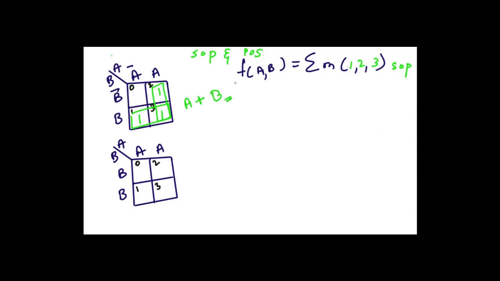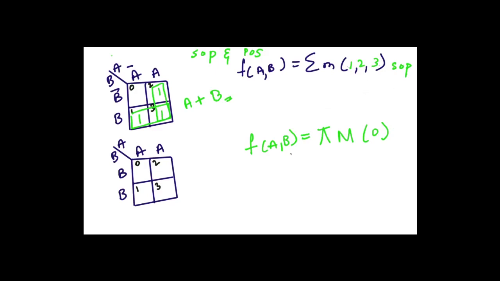So I just took this same example to solve POS. To solve POS, generally the question would be in the form of a function of two variables a comma b equal to product of max terms. Capital M represents the max terms, here of 0. This is the question. Instead of the 3 minterms we had, here I am taking only a single max term. Why am I taking this? We'll get to know at the end of the video.